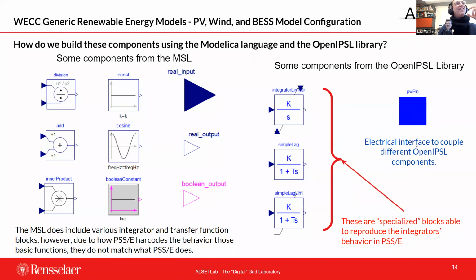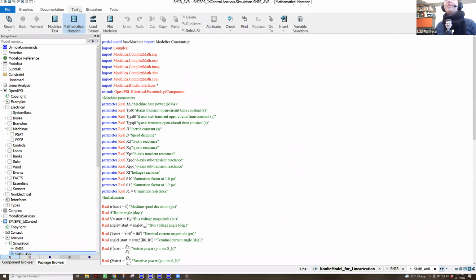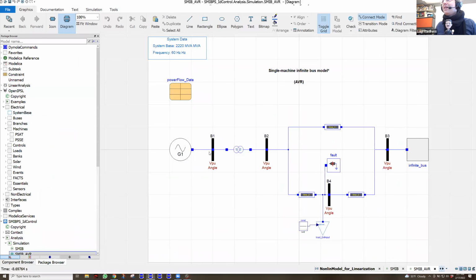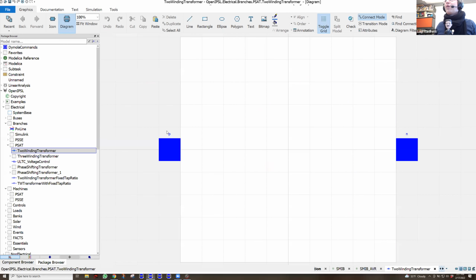And finally, we have an electrical interface that connects the phasors, voltages, and currents together. You could see in my little model from before that this electrical interface is at each connection as I connect every component together. If you look inside the transformer, you have one pin on every side.